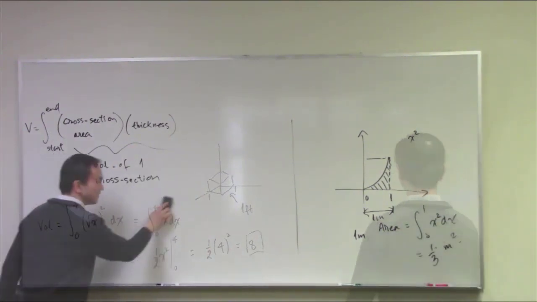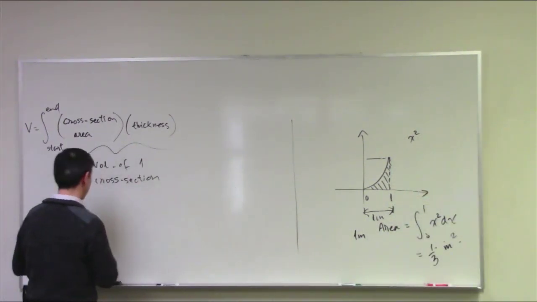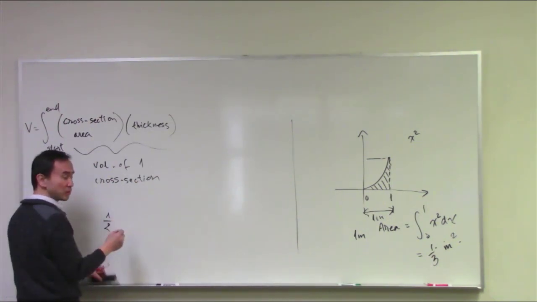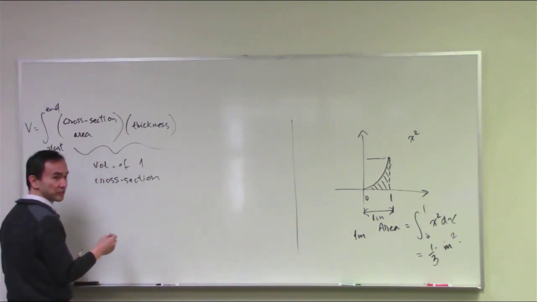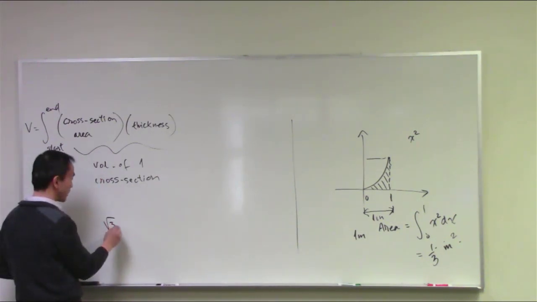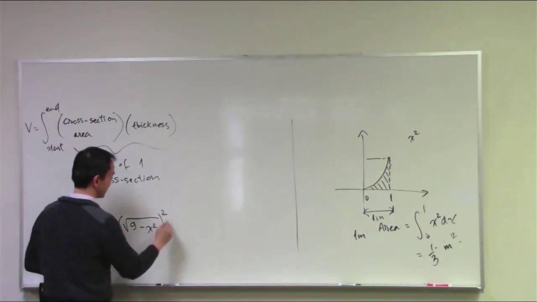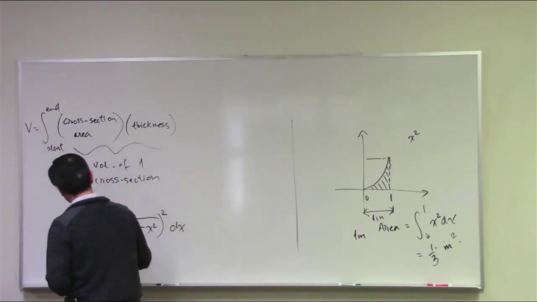And so with that setup, we've had right there that in the end, each of the cross sections becomes 1/2 times, and why don't I just reduce that to a nicer form like that? So the square root of 3 times the square root of 9 minus x squared, all squared, multiplied with thickness. We're accumulating from